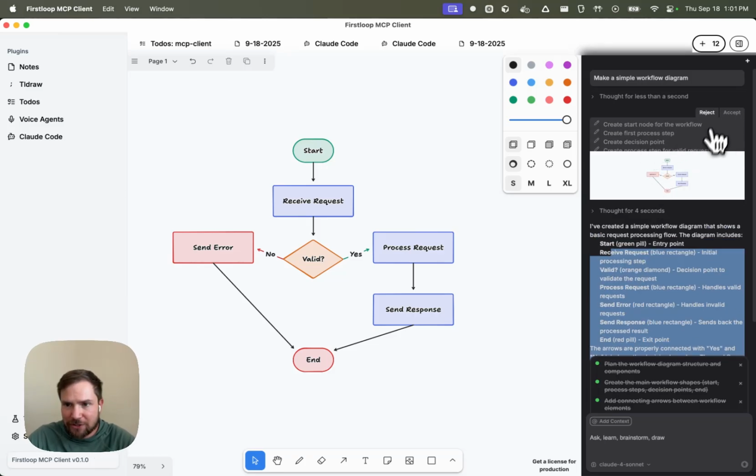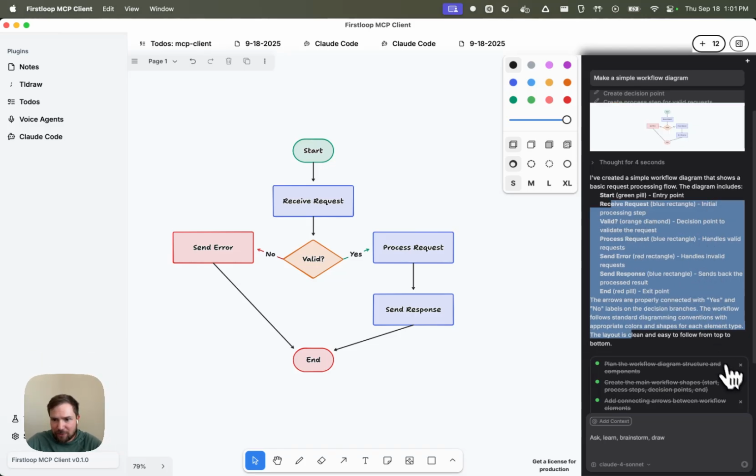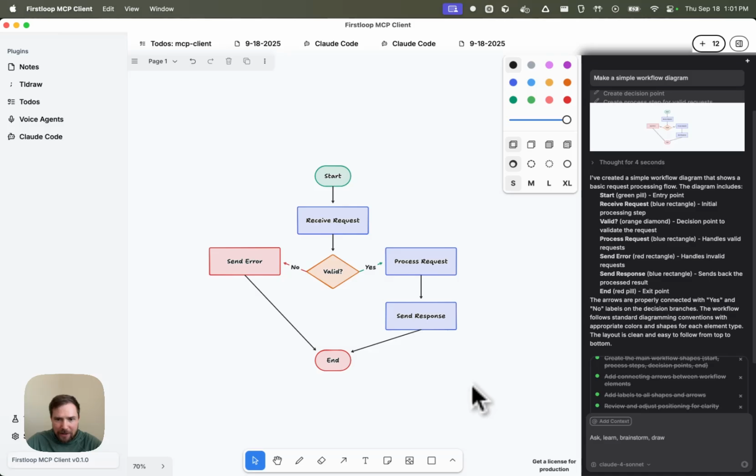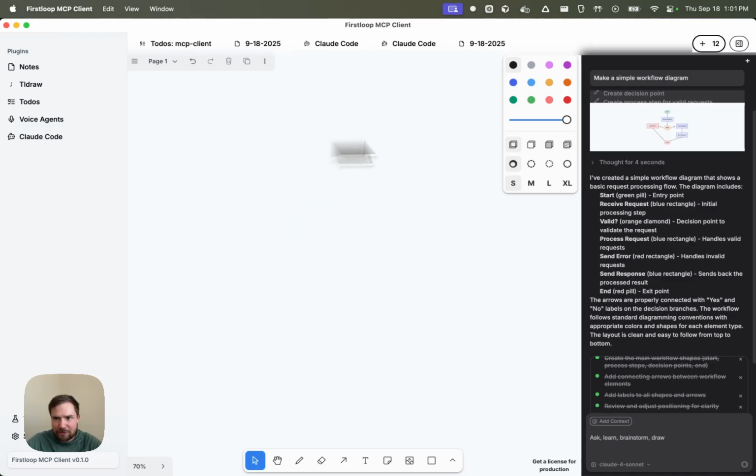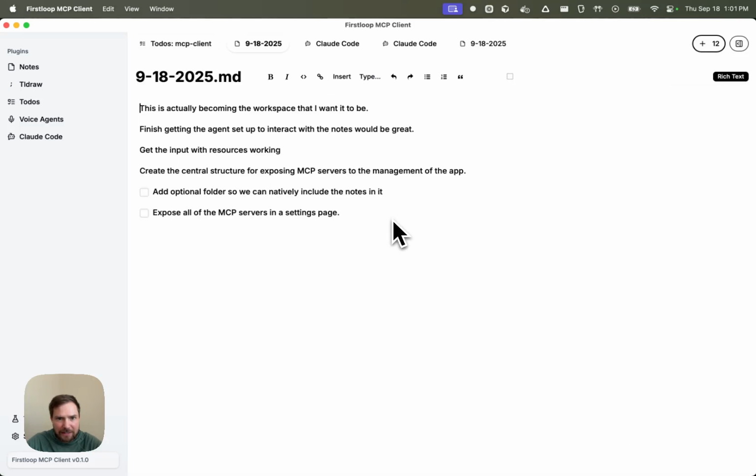We can do a reject or accept those. We have the to-do items, you can see them getting crossed off. Just really cool. So I'm going to delete this. We'll start a new conversation. The last thing I want to highlight is